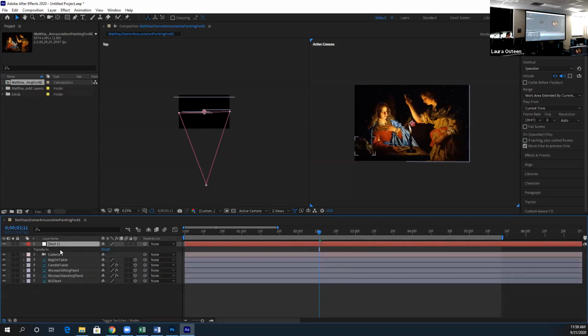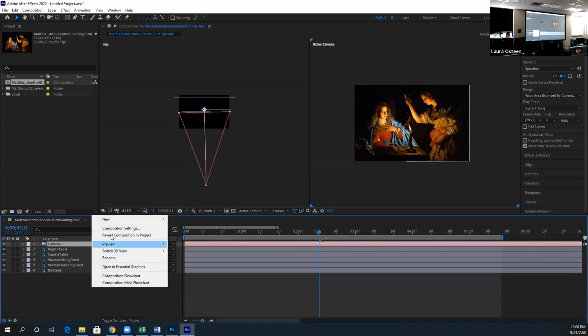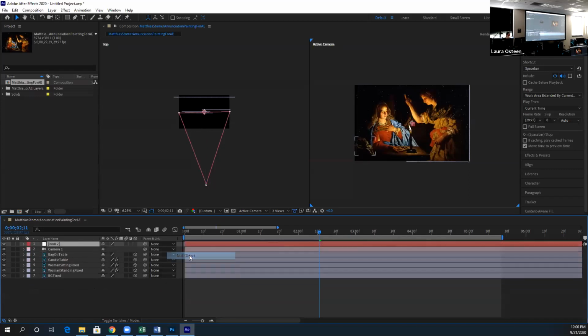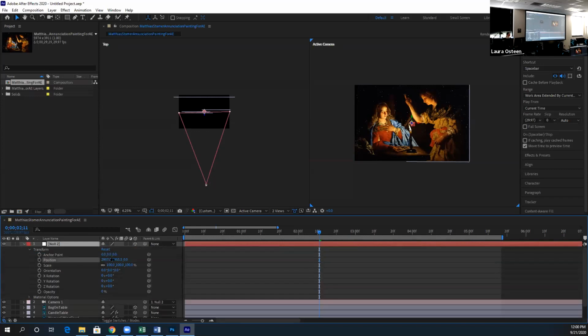So I'll do that again real quick. I'm going to delete my null. So we have our camera in here. I'm going to right click, new, null object. I'm going to make sure it's in 3D space. And then I'm going to take this curly Q, pilly whip, parent whip, and I'm going to click and drag it. So it turns blue and I get this little line. And I'm going to drag it to my null. And when I do that, if I move my null now, so if I go into my transform and on the position here, move this, it now moves